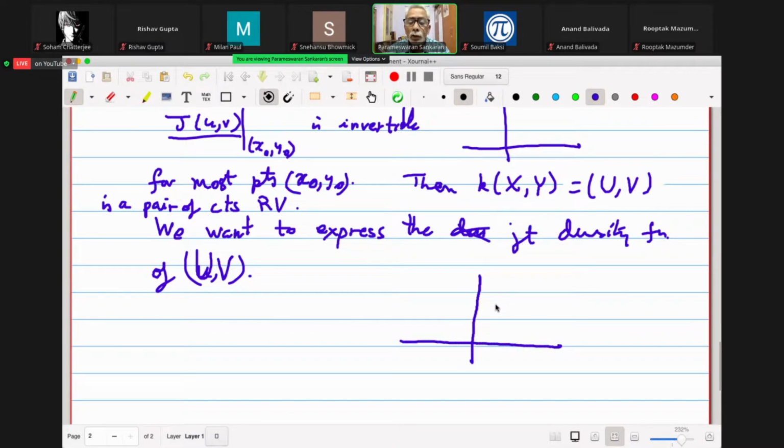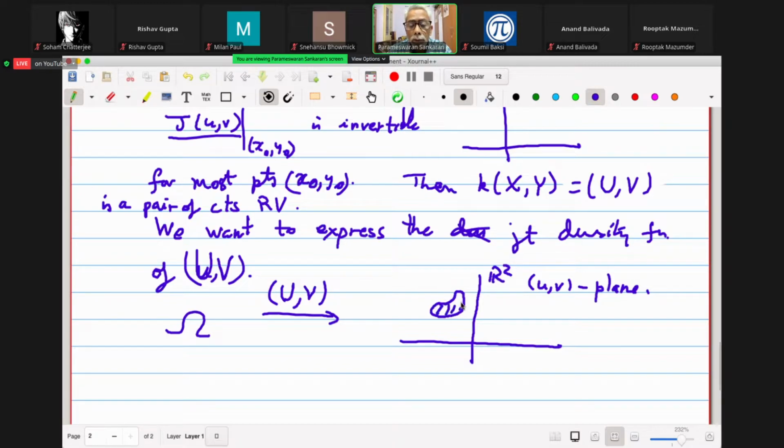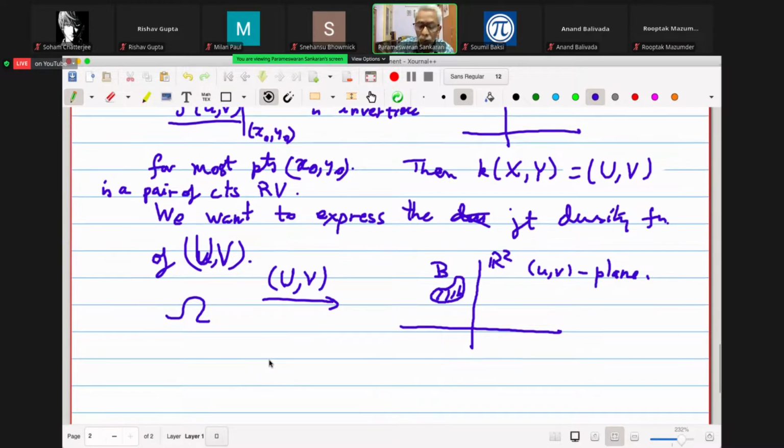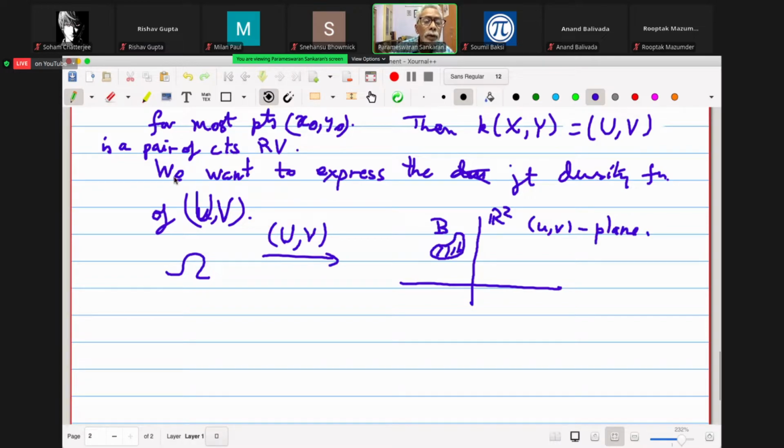So basically, let's call this the UV plane, and my omega is here, and this is my (U, V) that takes values in R2. And I have some blob here, so just shade it and call it some set B. Now we want to understand what is the probability. So in order to be able to find the joint density function for (U, V) and so on, first you need to understand the probability that (U, V)